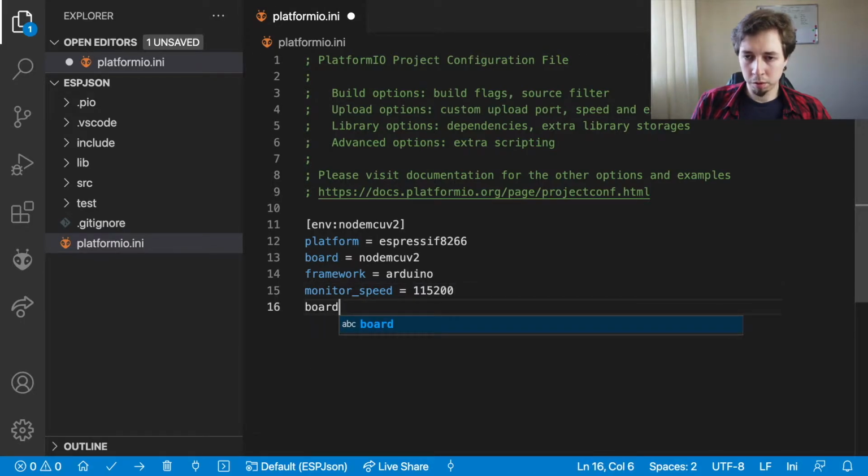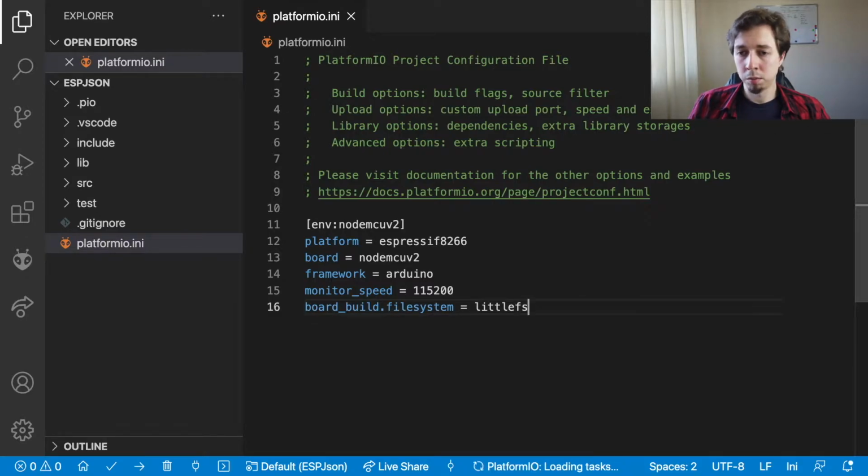and board, build.filesystem, littlefs. The reason we need file system is the fact that I'm gonna use HTTPSClient today as well, and it requires us to initialize the certificate store to validate SSL certificates of websites that it is going to be connecting to. Right, so both build file system,